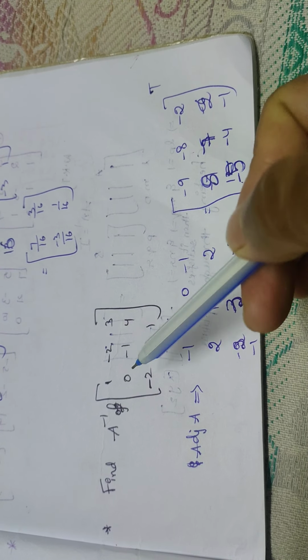Okay, in the objective method, how to do it? Suppose the matrix is 3 5 7, 2 -3 1, 1 1 2, then find A inverse. We know one thing: A into A inverse is equal to I. So take the resulting options, multiply A with any one of the matrices, that means verification. If you get an identity matrix 1 0 0, 0 1 0, 0 0 1, that is the right answer.